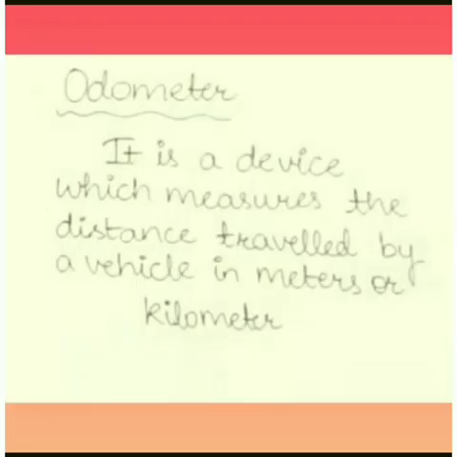Odometer. Odometer is a device which measures the distance travelled by a vehicle in meters or kilometers. See, when you purchase a new vehicle and go for the first servicing, from the day you purchased your vehicle till the day you go for servicing, how much distance it covers in kilometers, you are watching that, and that is called the odometer. Okay, and it shows on the dashboard of the vehicles.